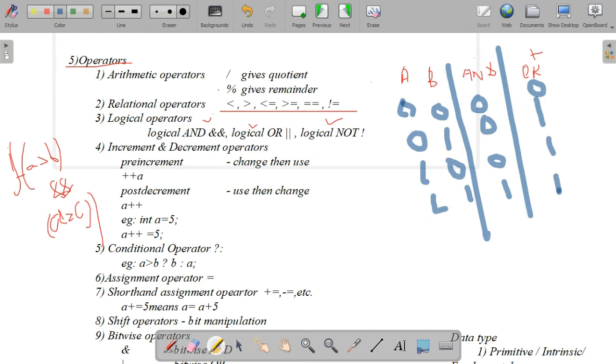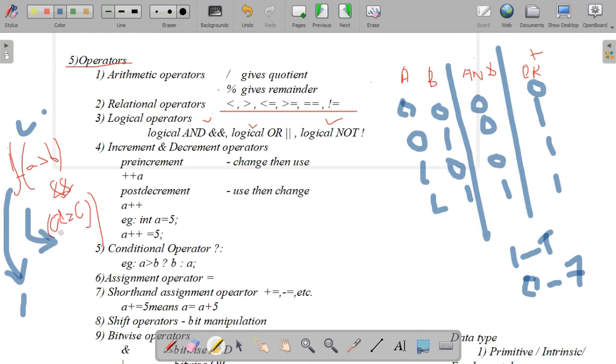These are the inputs. So how will we get the answers? In the case of the AND operator: 0 into 0 is 0, 0 into 1 is 0, 1 into 0 is 0, 1 into 1 is 1. So 1 indicates true, 0 indicates false. So in the condition A greater than B and A greater than C, if A greater than B is true, it will then check the AND operator.